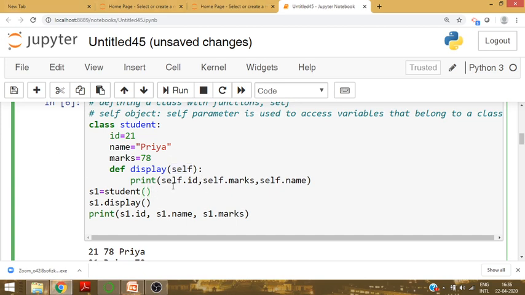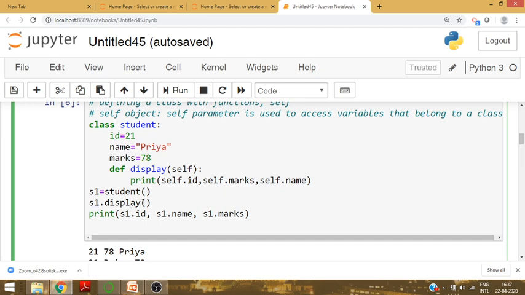And how to print it? Self.id, self.marks, self.name. After writing the class, define object s1, s1 equal to object name equal to class name. Now I want to access this display method. A method or any function can be accessed by using the object only.